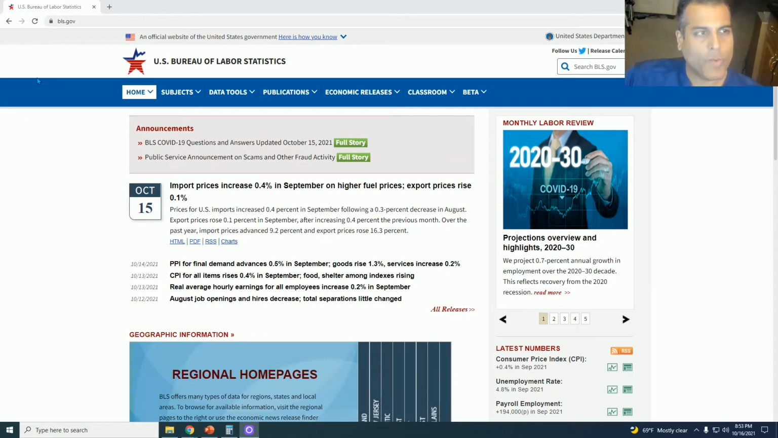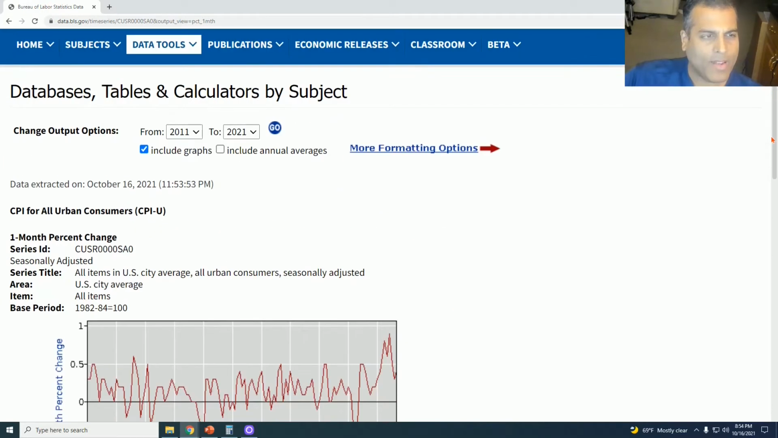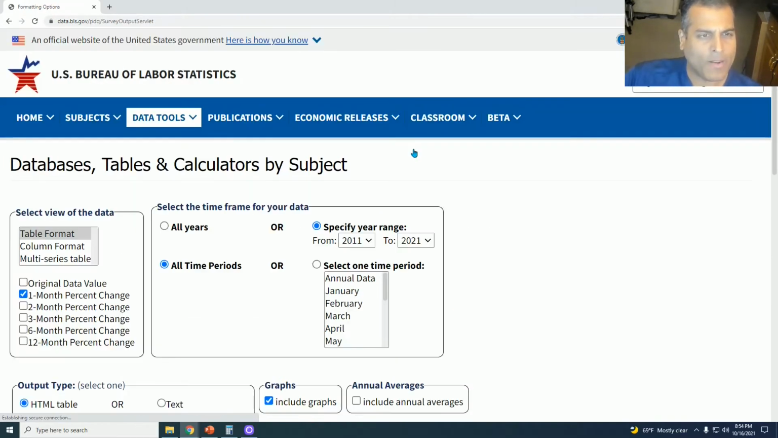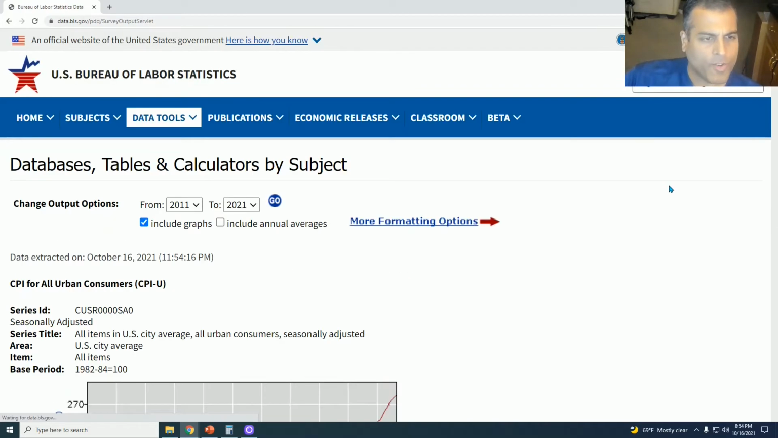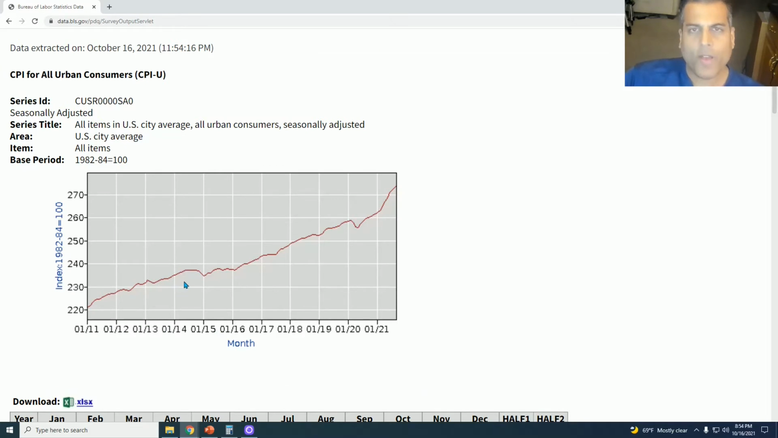So as usual, we go to the bls.gov website for the US CPI index and click over here to this little graph icon. And so we have the CPI data over here, and therefore among formatting options, we choose the following: original data value, 1 month, 3 months, and 12 months. Retrieve data. So this is the absolute value of the CPI over 10 years,